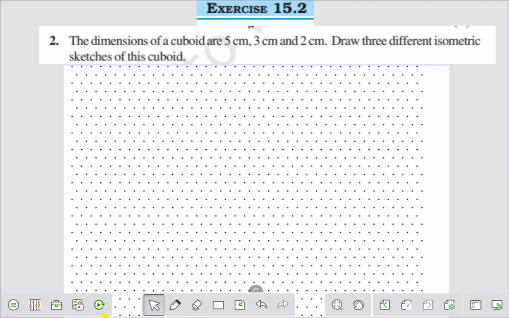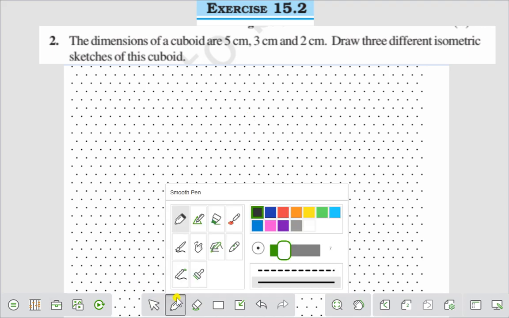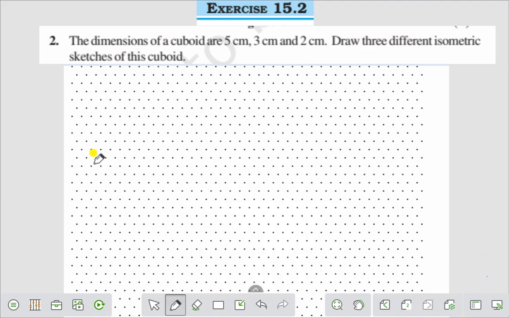Let us draw. Let us take length is equal to 5 cm. Breadth is 3 cm. And height is 2 cm. Let us draw the cuboid. First of all, let us take